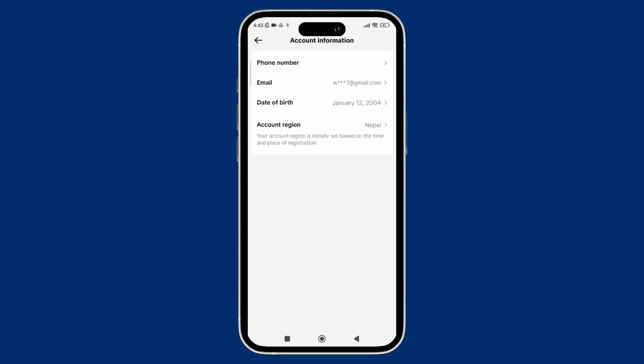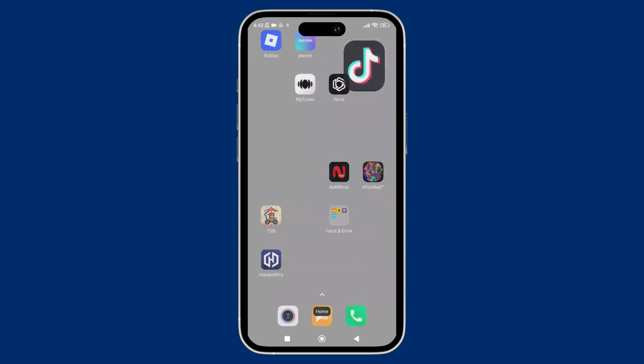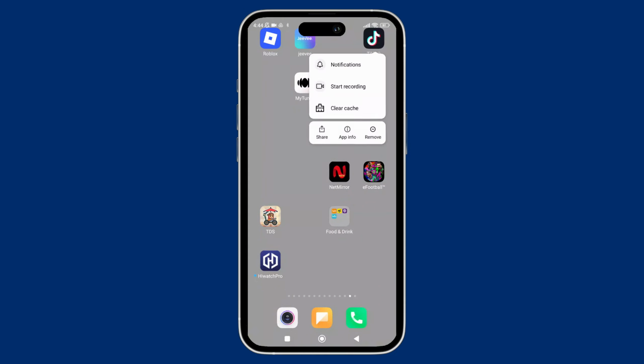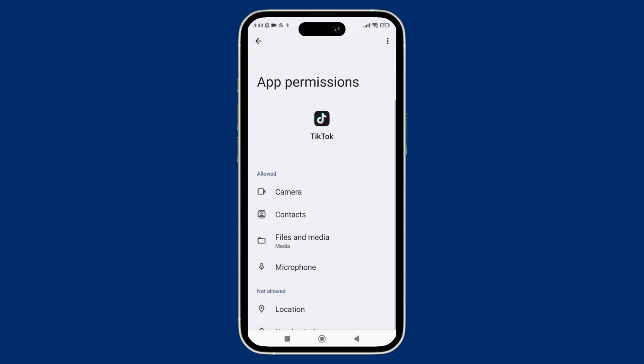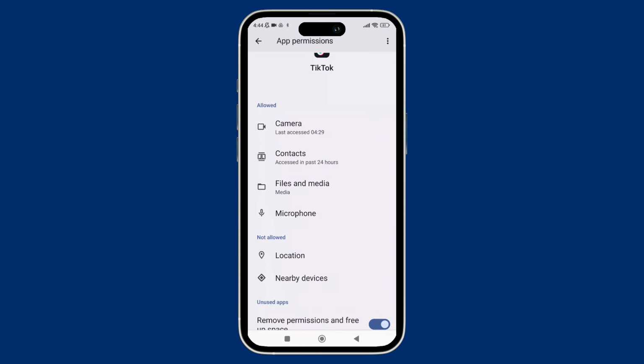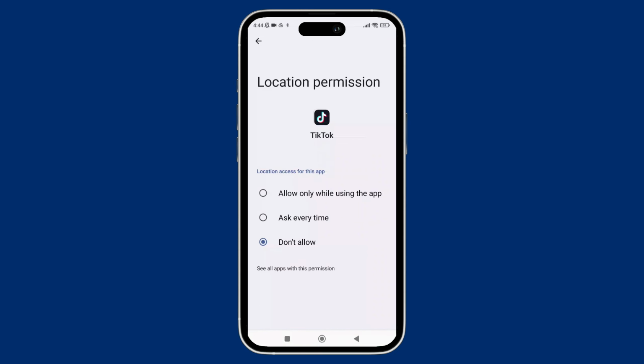And with that, step 2 is to hide location on TikTok. So here with that, let's make sure that TikTok doesn't use your real location. So here to do that, simply exit the TikTok app and now here simply long press on the TikTok app icon. And now from the pop-up menu, just tap on app info and now here once you are inside the app settings, just tap on app permissions and here just tap on locations and here just set it to don't